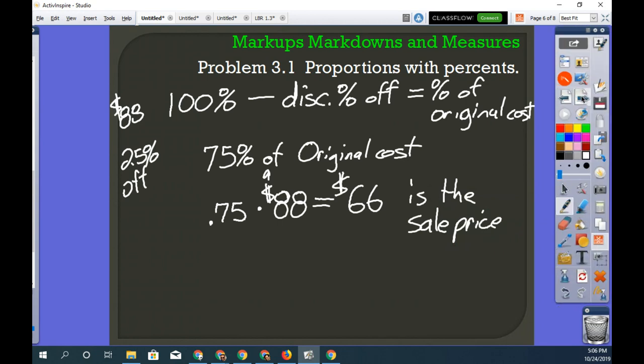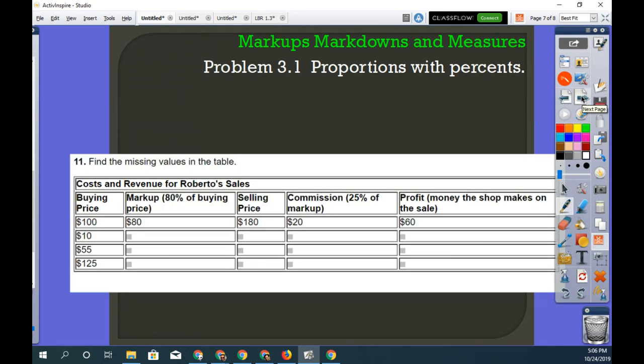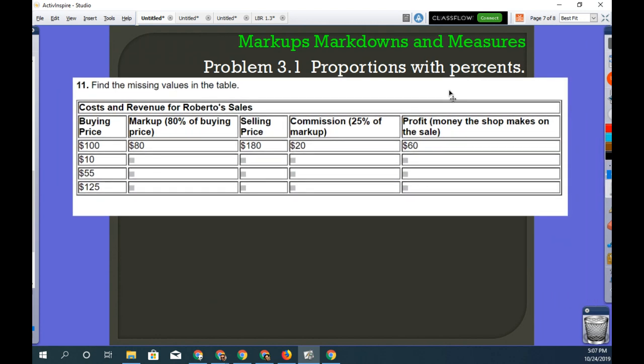Your students' homework is this assignment. We have the buying price of some items for Roberto Sales, and we're going to mark up that price by a certain percent, actually by a large percent. And then we're going to find the selling price. We're going to find the commission, which is a percent of the markup, and then the profit that the shop makes on the sale. So the shop has to pay the commission out to their salesperson after the salesperson sells that item. So here, if we were to work out the second one,